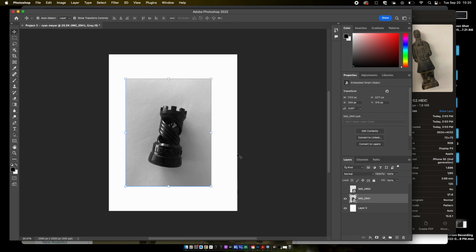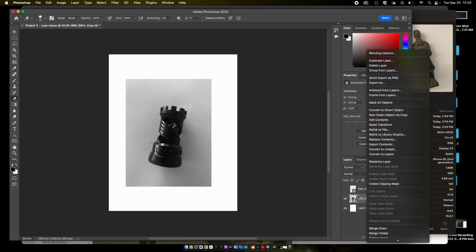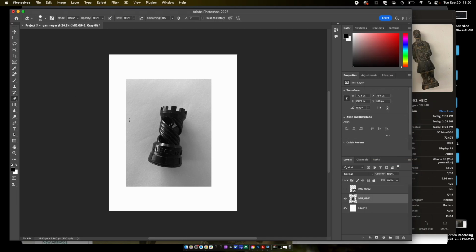There's actually quite a few ways of cutting out the object from the image file. Some of these ways we consider destructive editing. So if I come over to my eraser tool, first off I have to right click on the layer and press rasterize layer. So when I select my eraser tool and I'm erasing this area around it, this is destructive editing, because once